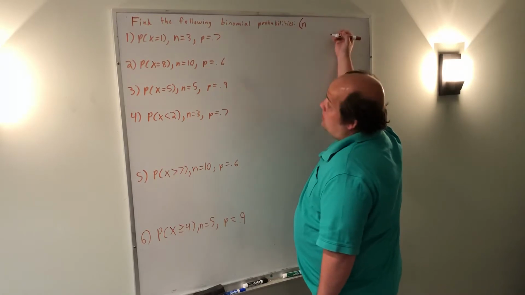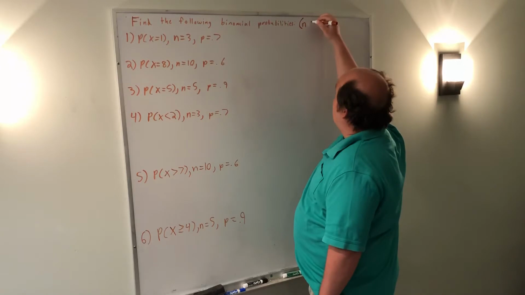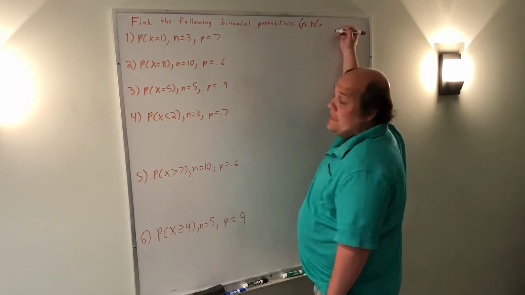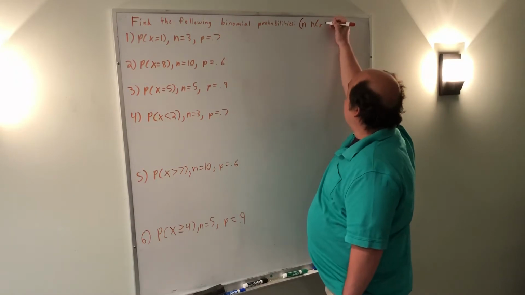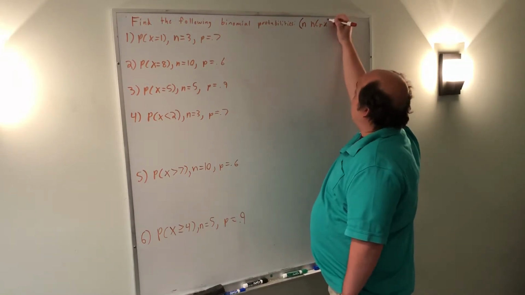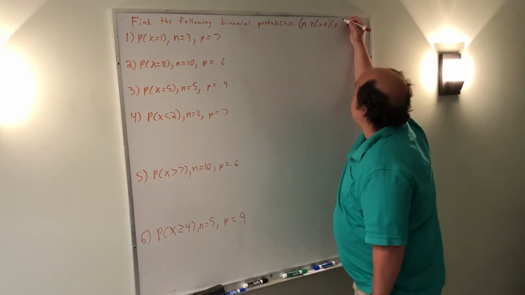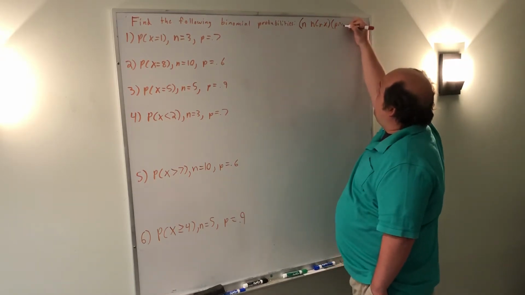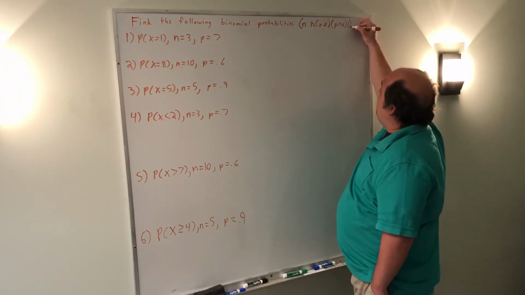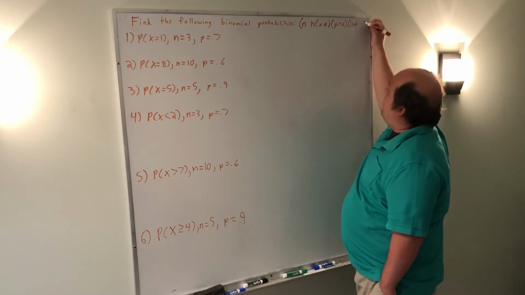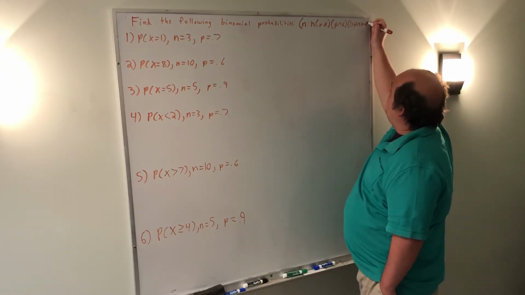n, the number of possible trials that you're going to be doing. NCR, a key that you need to find on your calculator. I'll go over that more in a second. X, the number of successes we're looking for. Times P, the probability of success, to the power of X, the number of successes you want. Times 1 minus P, or the probability of failure, to the power of N minus X, or the number of